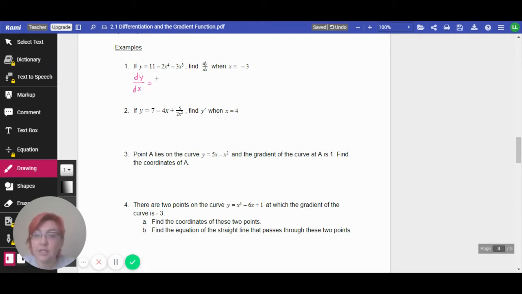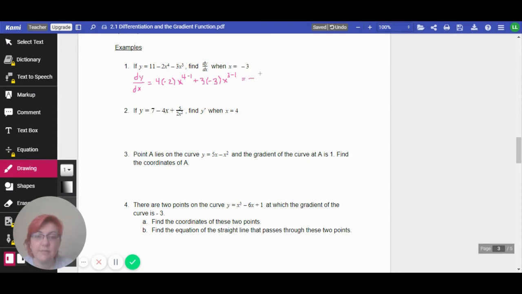Here I have n is 4 times a, which is -2, x, y, there we go, to the n minus 1 plus n times a x to the n minus 1. All right, and that is going to equal